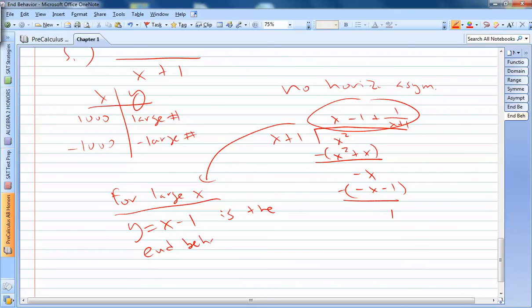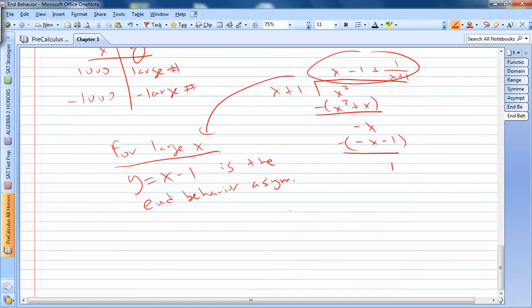So it means that the ends of the graph will take on a shape or curve like y equals x minus 1. So the ends of the graph, the left and right end of the graph, will actually be like a linear function. In fact, if you were to graph it, I'm not sure what happens in the middle, to be honest with you. I think you might have something like this here, but essentially what's going to happen, and I totally could be screwing this one up, but